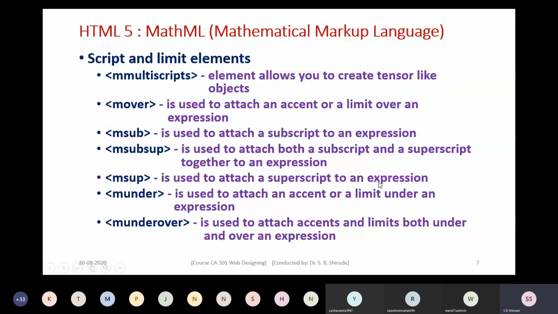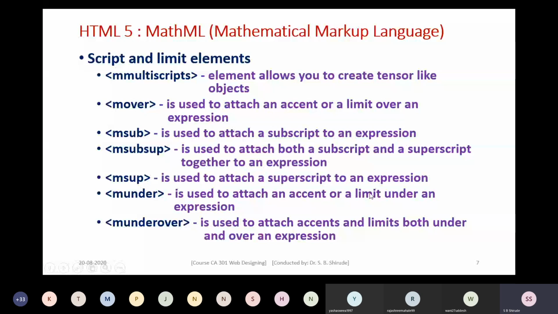Now, as you can attach an accent or limit on the upper side of an expression, you can also attach an accent or limit on the bottom side, under an expression. You can do it by using munder. The munder element is used to attach an accent or a limit under an expression.